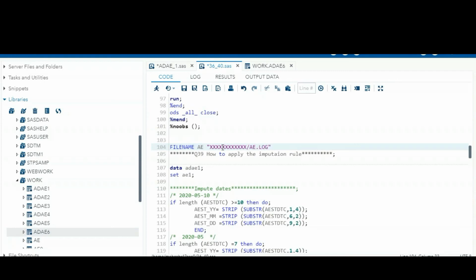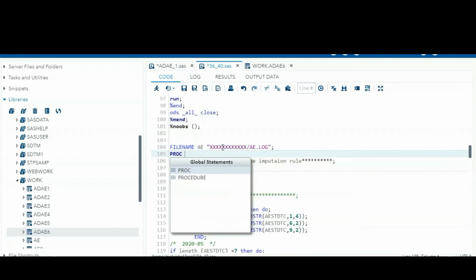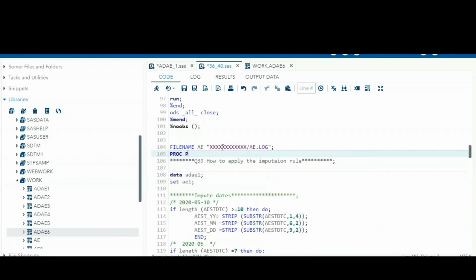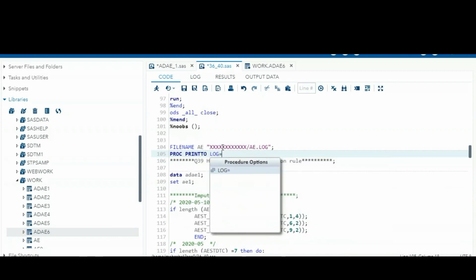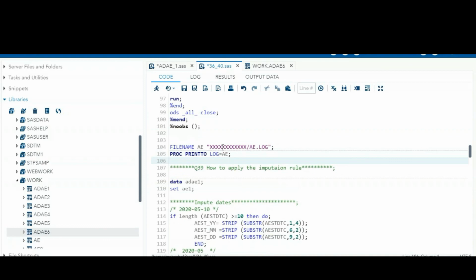So if you want to export an LST file, you can give the LST file. After that, you can mention proc printto, and log equal to the particular name. The name is AE, and just run.